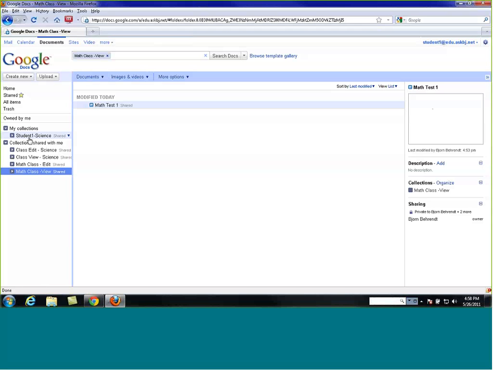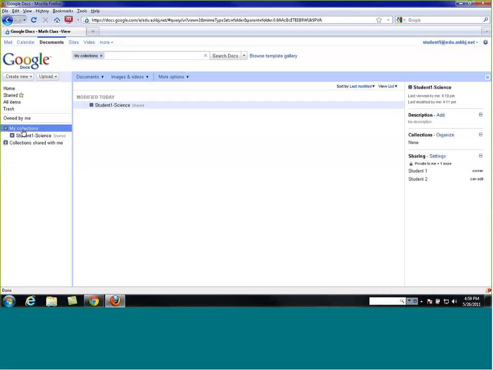And this is where I said, if you're an elementary school teacher, you might want to do this manually yourself and use the same way that you created the math class edit, except listing all students individually. Or what I've done at the upper grades is I took the first class, I brought them in here, and I told them to do the exact steps that I'm about to tell you now. I'm logged in as the student. The student can see my class edits. I've told them to click on my collections,